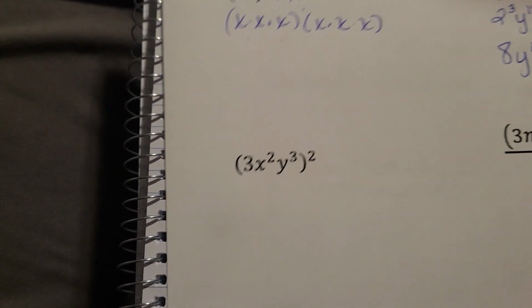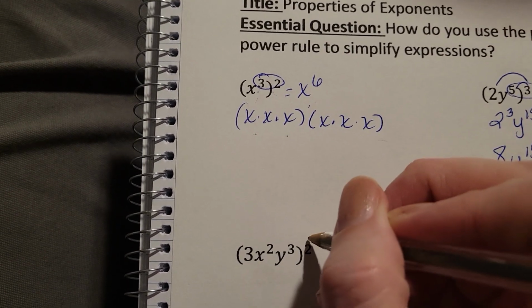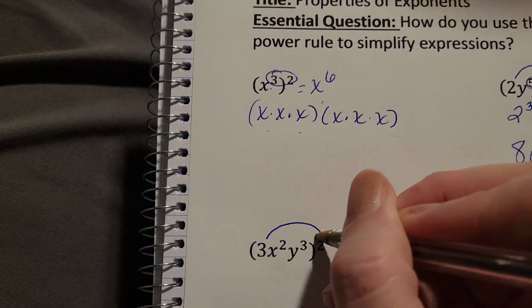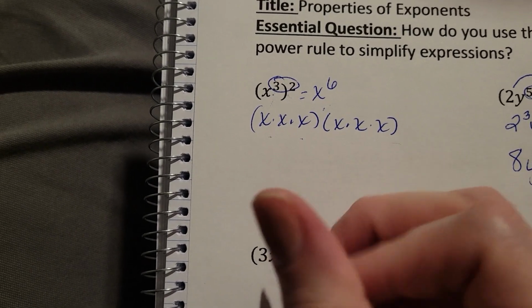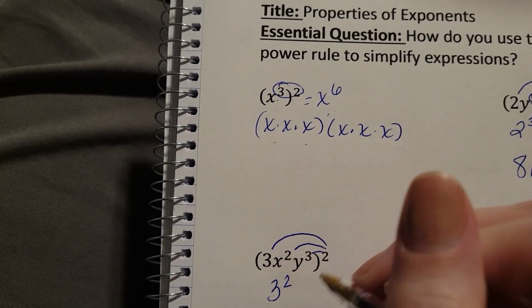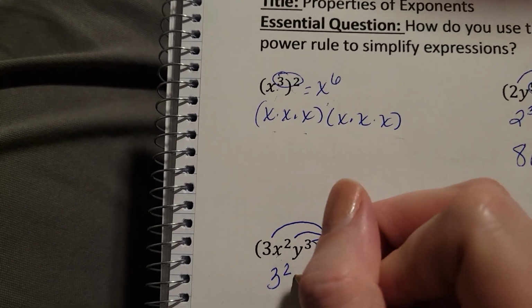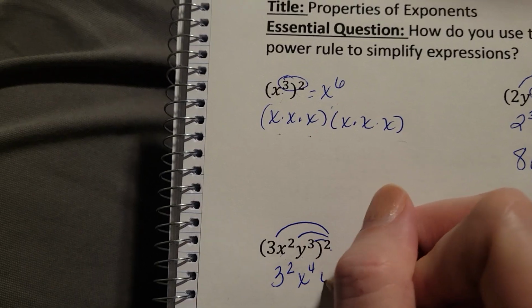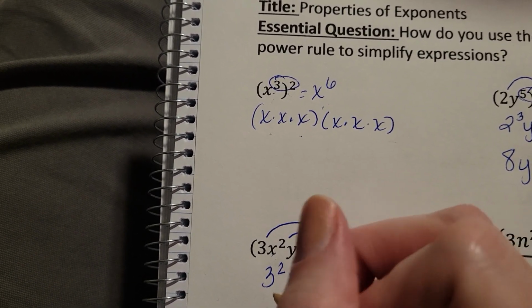Now if I come down here, this is a little bit longer version of what I just did right there. So I'm going to distribute that power of 2 to each thing inside the parentheses. So 3 to the second power. Now x squared to the second power is going to be x to the 4th power. Y cubed to the second power is going to be y to the 6th power. And then I am going to,